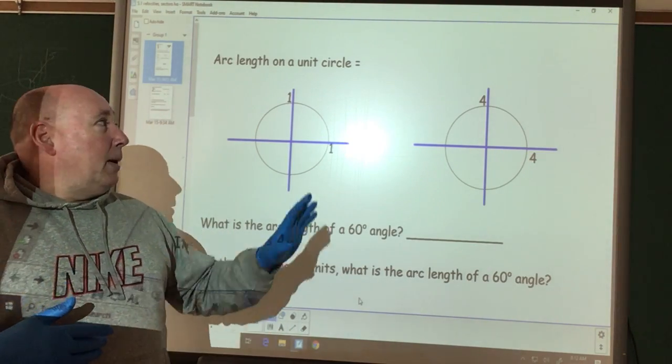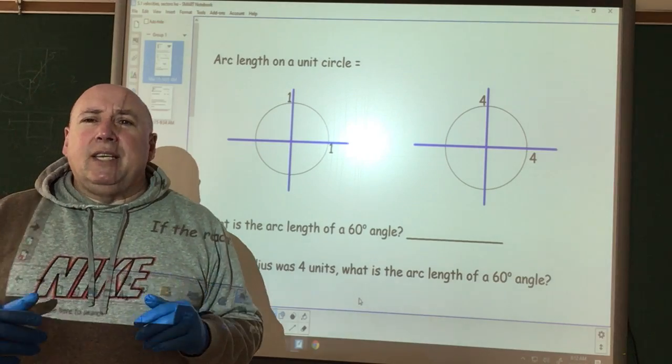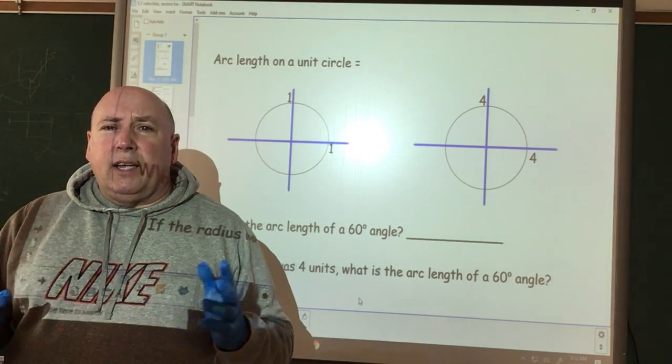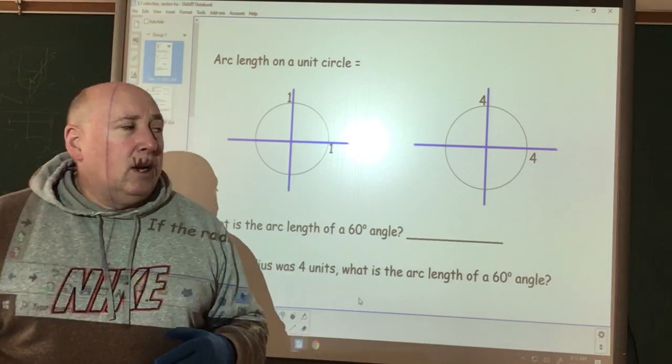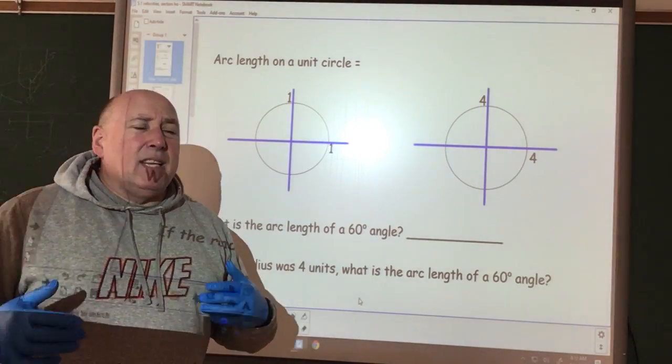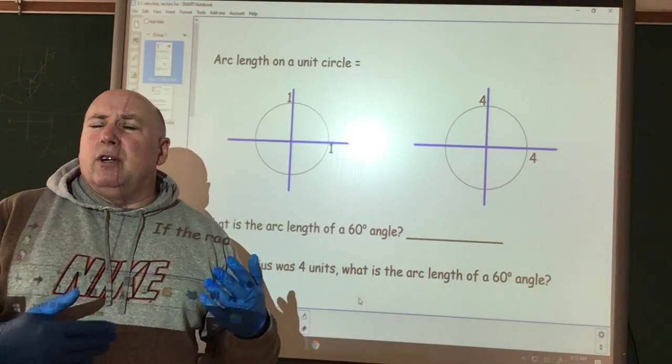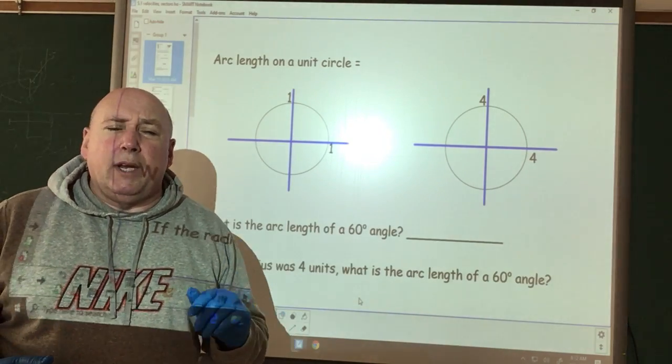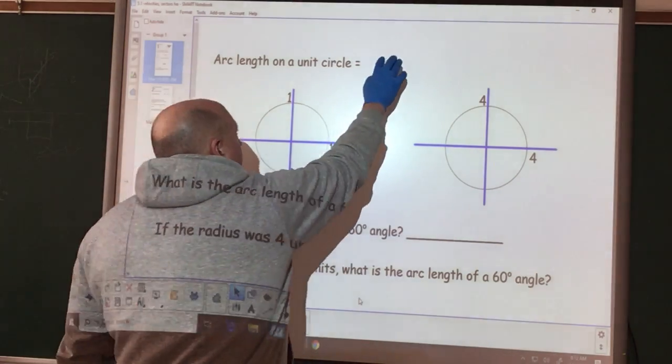Today we're going to talk about some slightly different things that we did not go over in trig class, which is fine. It gives us a little bit different thing to look at. There are not many new things that we will go over in regards to trig, but this will be one that we go through today. When we talk about an arc length,